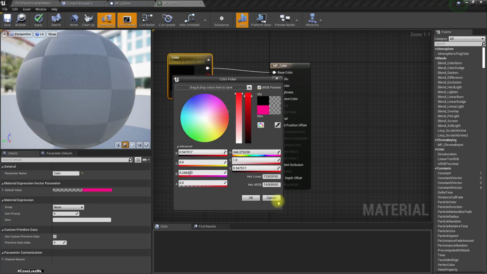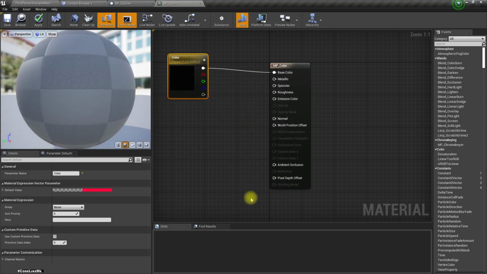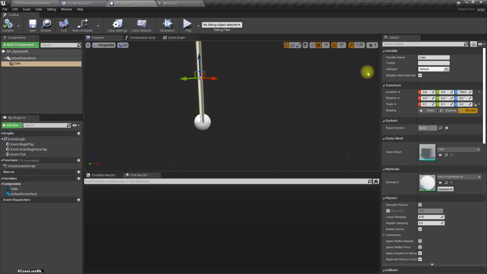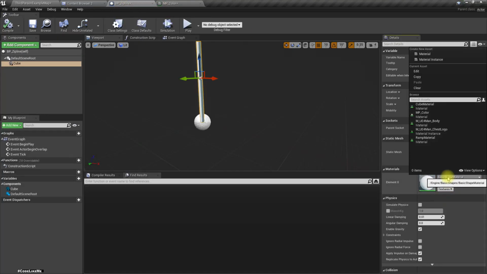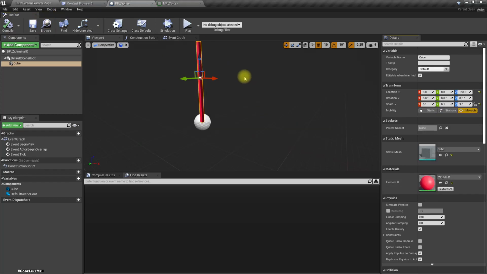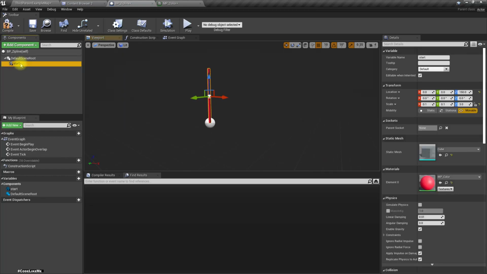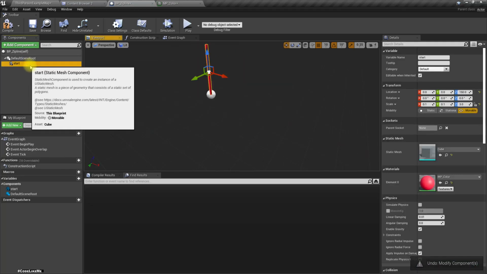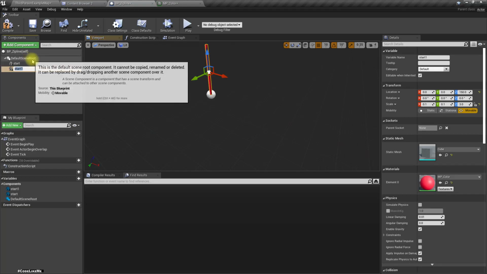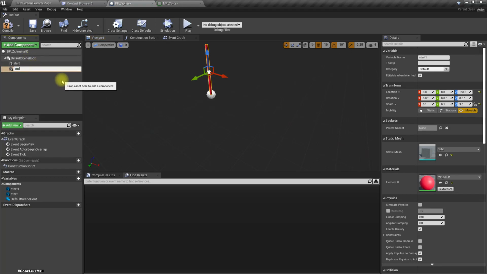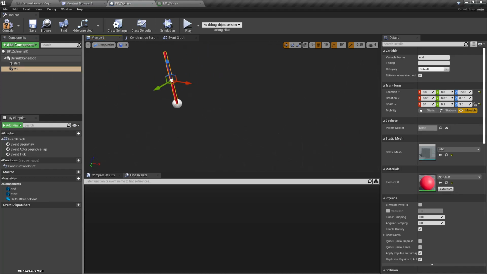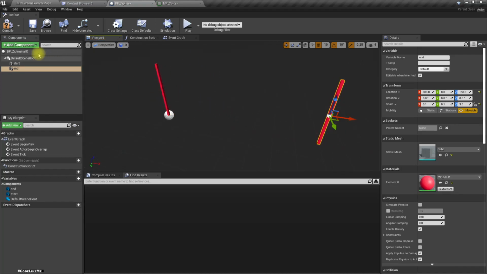Let's make it red so that it's easier for the player to recognize. Right, and let's call this start, and let's duplicate this. Control W, no, yeah, Control, yeah, and end. Right, now let's make it like this,